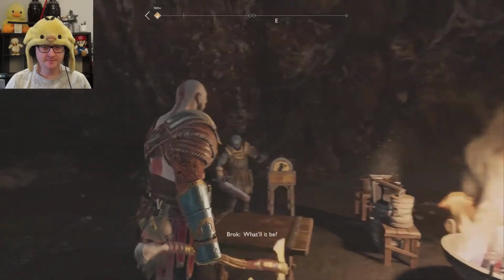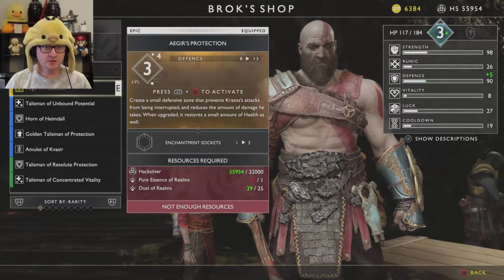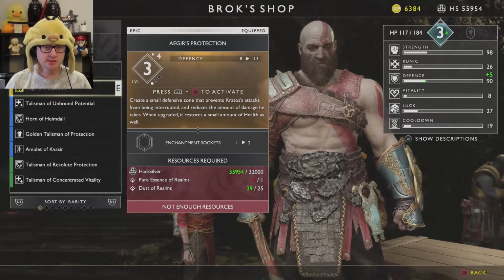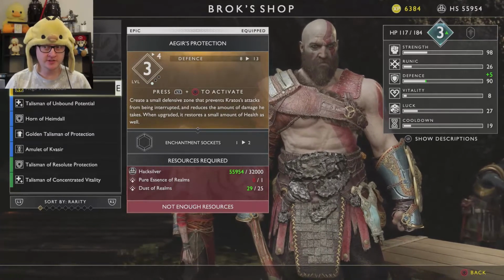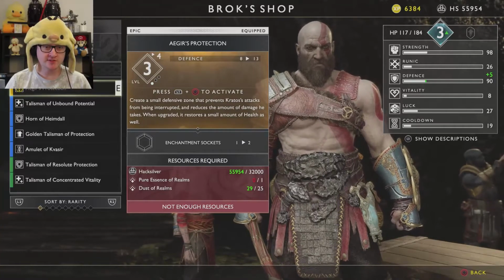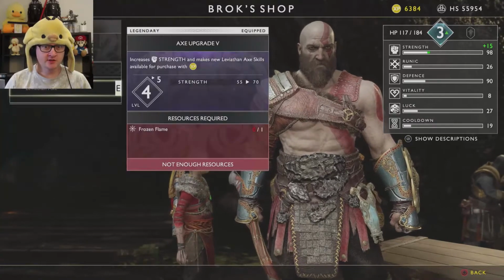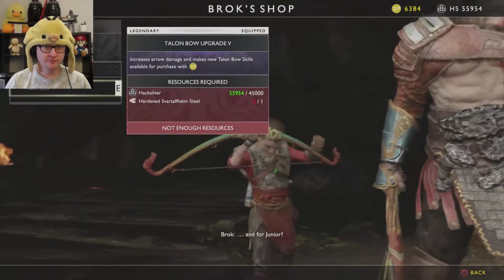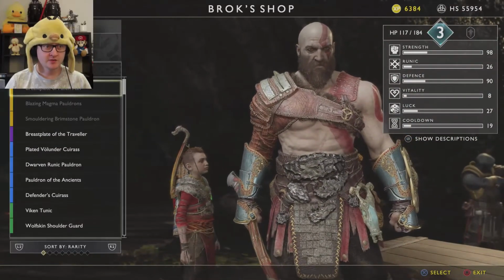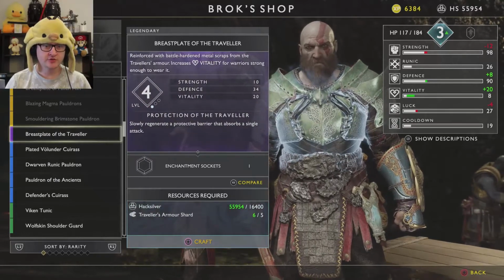Alright. What'll it be? We need a pure essence of realms to upgrade this. Gives us 2 enchantment sockets though, so that's pretty good. We can't upgrade the axe, I don't think. No, we cannot. Talonbow? We cannot. We can potentially make some traveler stuff. We can make travelers